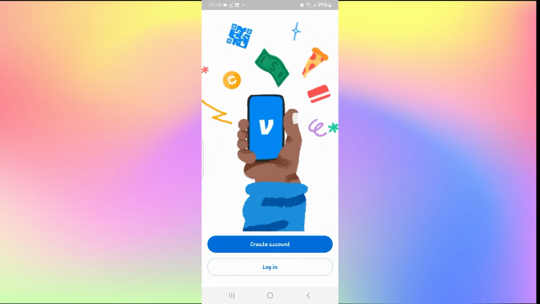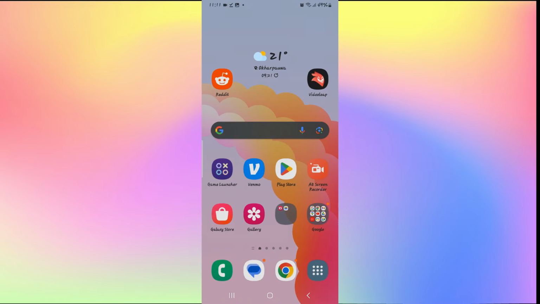If you have already logged in from within the app, then if you open up the app once again and then tap on the login button, you may find that your username or your email address and your password information might still be saved. So in order to avoid this while you sign out, just go ahead and open up